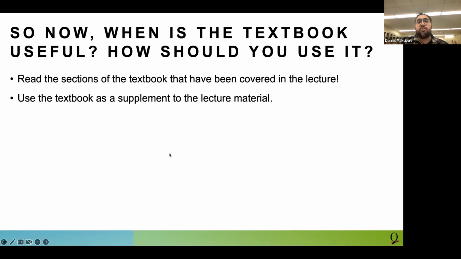So now, when should you actually be using a textbook? I tell all my students who are in the upper level classes that sometimes going to class, doing the lecture, doing the homework, reading the entire book is just too much, right? And you only have a limited amount of time. You guys are always in labs as well, there's lab work to do. So I always tell students, focus primarily on the sections of the textbook that were covered in your lecture class,